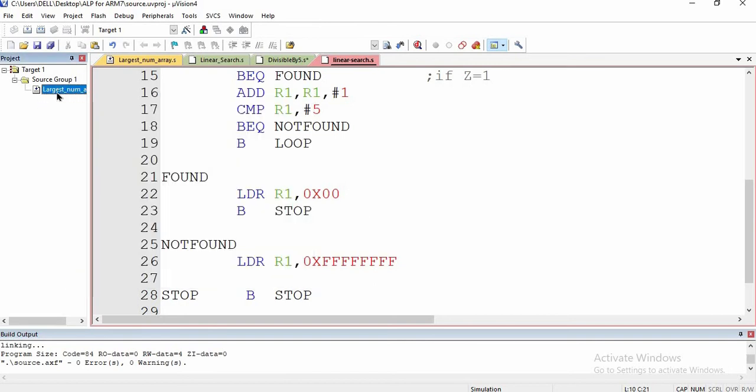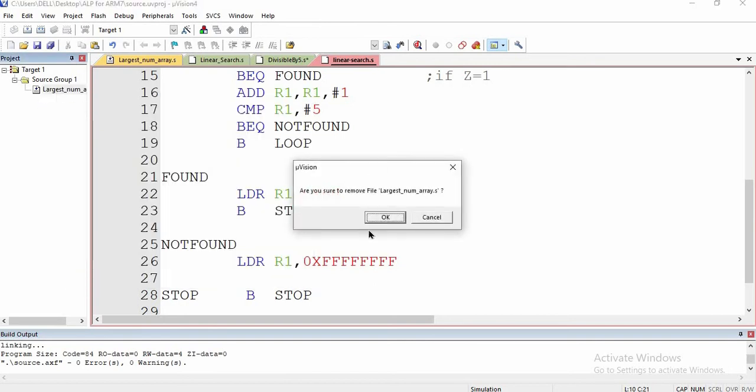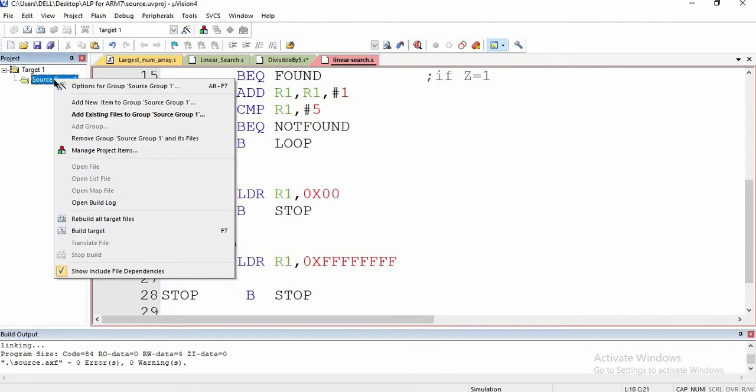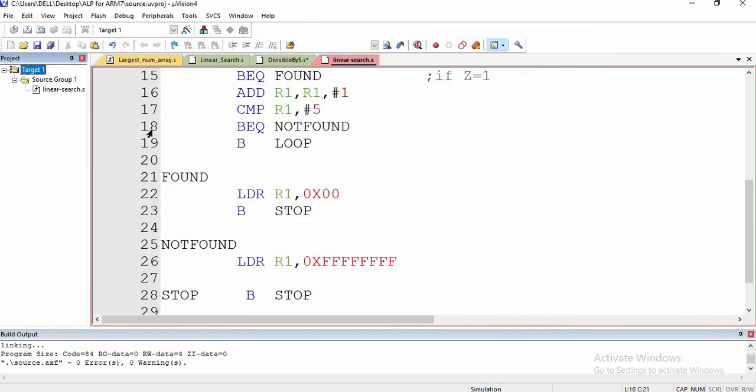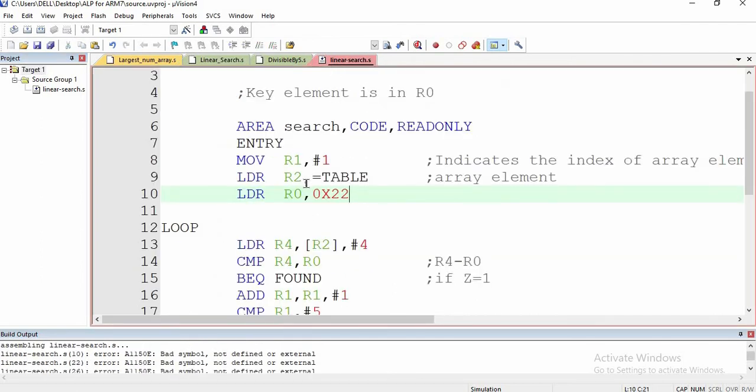I am going to delete the previous program over here and add the new written program. I am going to compile this. 3 errors. Okay. The first error is in line 10. We have forgotten to write equal to here. For immediate values, we should write the equal to. Remember that after solving the first error, we should compile again, because the rest of the errors may be because of the first error. So I am going to compile this again.